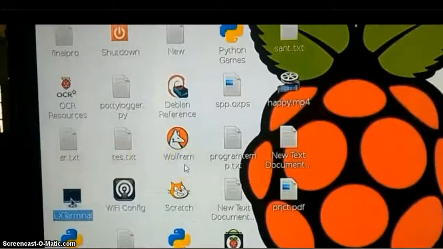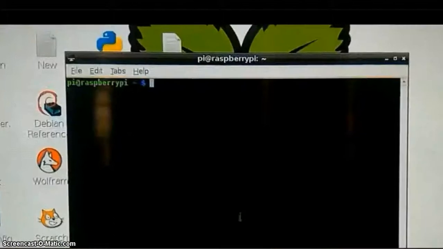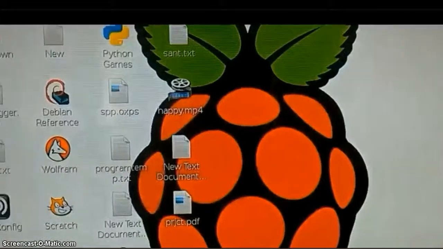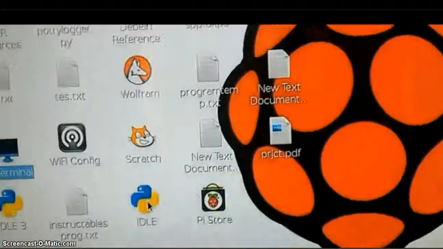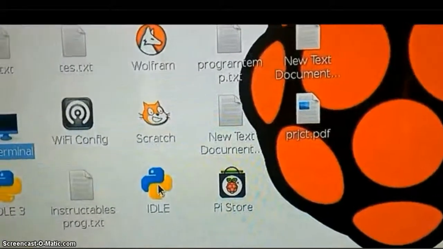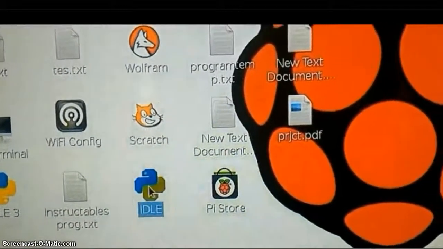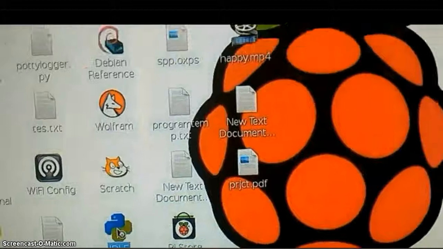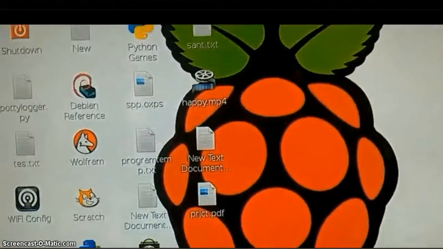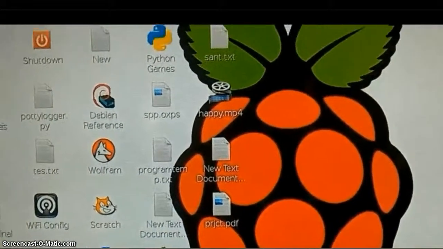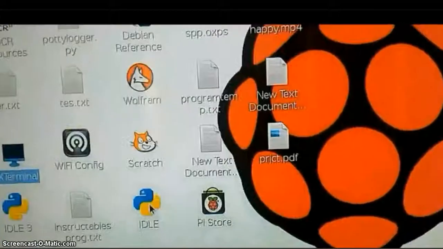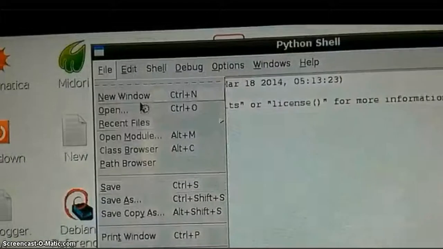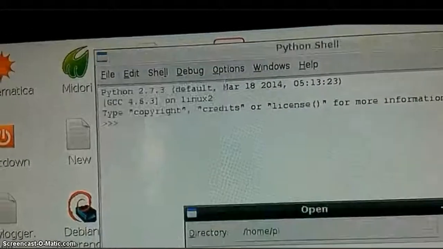Now install the required Adafruit libraries for sensor configuration to the Pi using the Linux terminal. Now IDLE is an integrated development environment for Python. The easiest introduction to Python is through IDLE. The user can write programs in Python in IDLE and can run and save them.